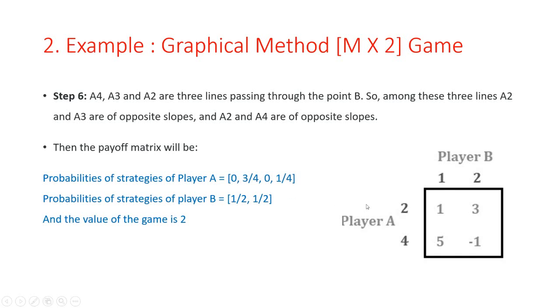So कैसे probability find out करते हैं, अगर हमें find out करना है player A के लिए, रो के लिए, so यहाँ पे 1 minus 1 plus 5. Okay, सो अगर प्लेयर ए के लिए अगर हमें फाइंड आउट करनी है, सो हम चेक करेंगे यहाँ पे आएगा 3/4. और अगर सेकंड वाला जो प्लेयर ए है उसके लिए अगर चेक कर रहे तो यहाँ पे हमें मिलेगा 1/4. सो प्रोबेबिलिटी स्ट्रेटेजीज फॉर प्लेयर बी 1/2 and 1/2 also, and value of the game is what, 2. Okay,